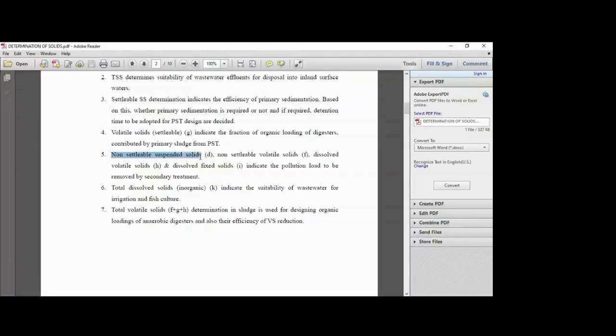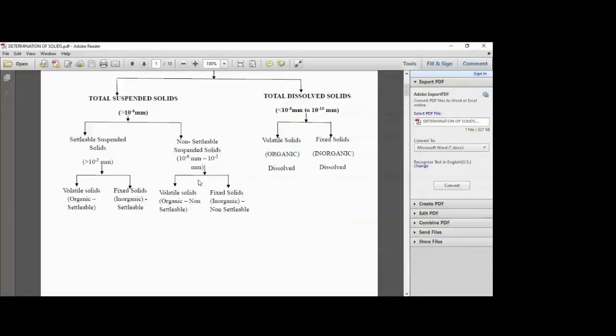Non-settlable suspended solids, right, non-settlable volatile solids, dissolved volatile solids and dissolved fixed solids indicate the pollution load to be removed by secondary treatment। See, I have already told you, right, all these solids, मतलब कौन सा solids, ये वाले solids पूरे के पूरे और ये वाले पूरे के पूरे solids, ये कहाँ पे रिमूव होने वाले आपके secondary treatment, they are going to get removed in ASP plus SST, so that is nothing but your secondary treatment।